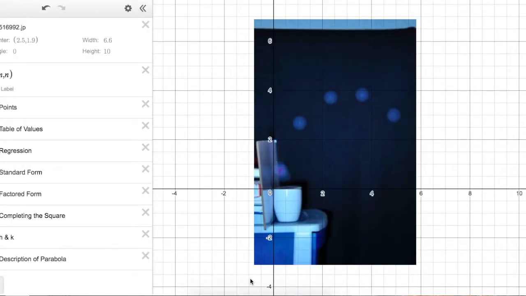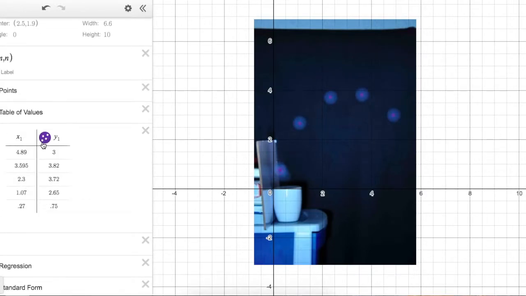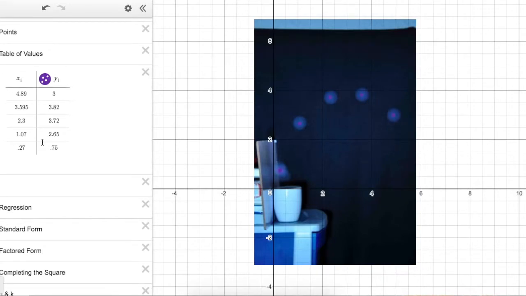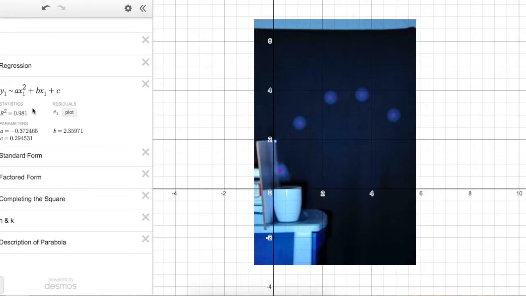This is the image we chose for the strobe light project. We have to first create a table for all of the points that the balls appeared in the image. We will then use the equation y is approximately ax squared plus bx plus c. The equation takes all of the x and y values in the table to calculate what a, b, and c